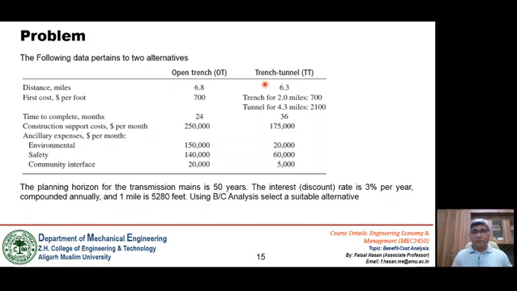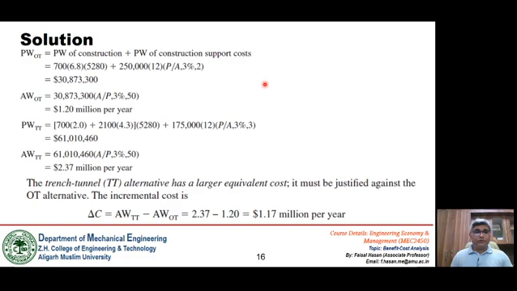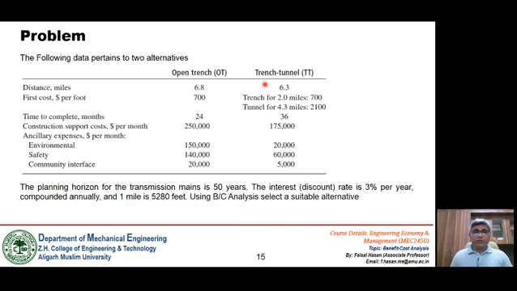Now let us make some calculations. Since the project life is given in months, some of the data is given in months and the interest rate is given annually, so we have to convert this monthly data into an annual basis. Okay, so let's convert it.